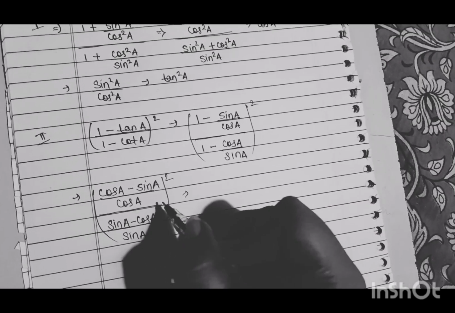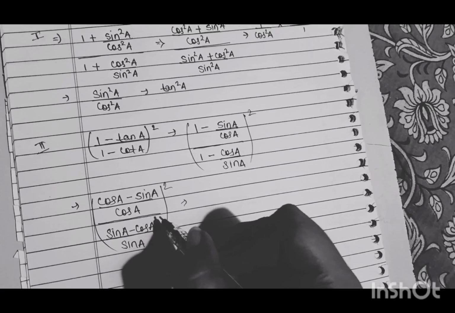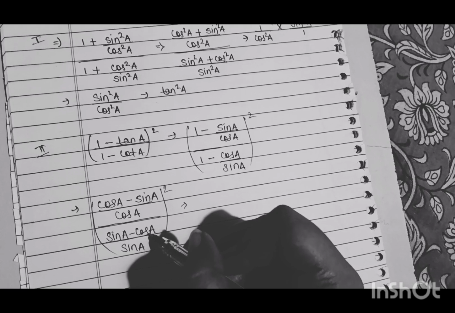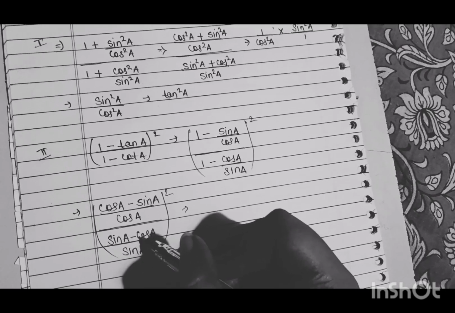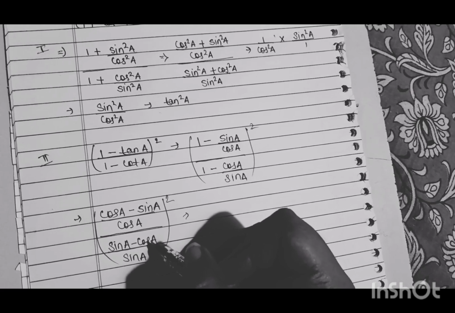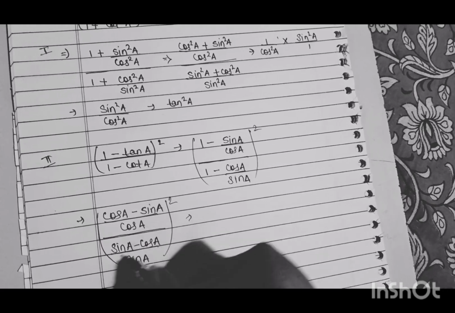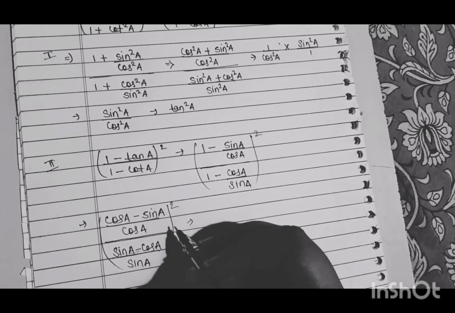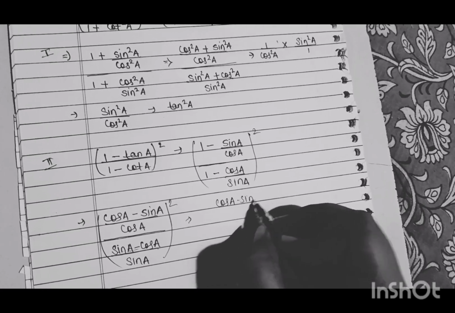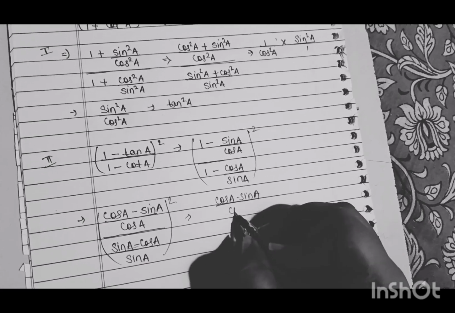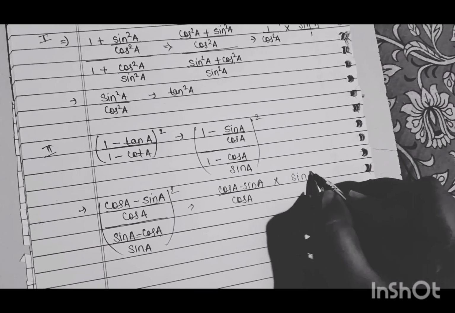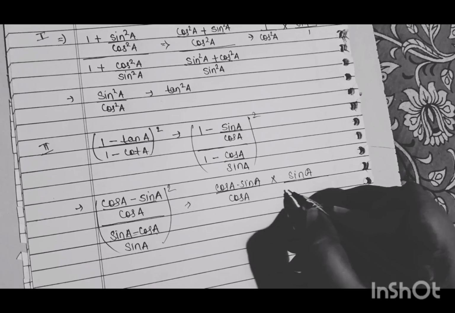Now we know that it is cos A minus sin A, and this is sin A minus cos A. So one of them will be converted into the other. So we will convert this into cos A minus sin A. So cos A minus sin A divided by cos A into sin A divided by